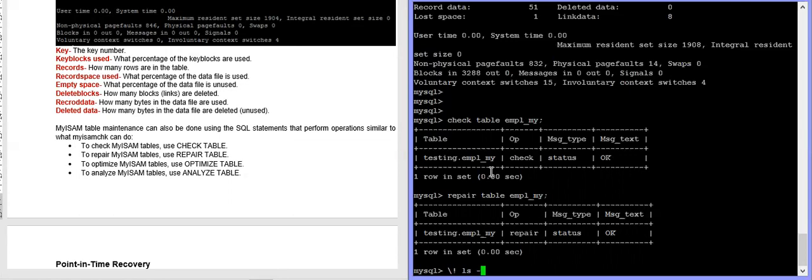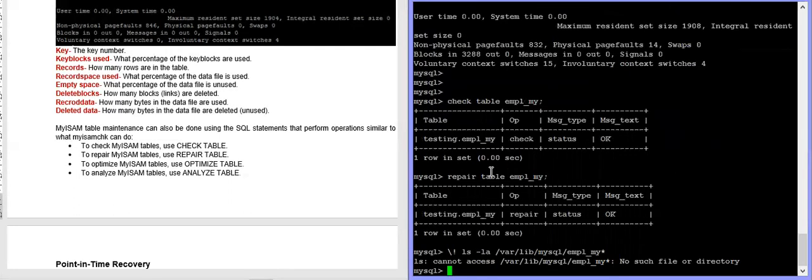Like if you look at the MySQL data directory, the testing database, files EMPL underscore my star.